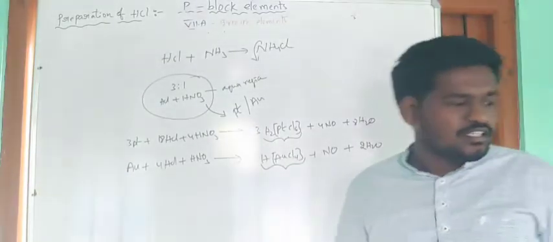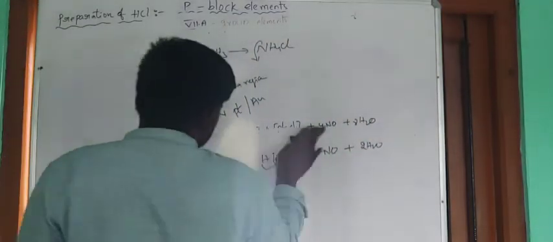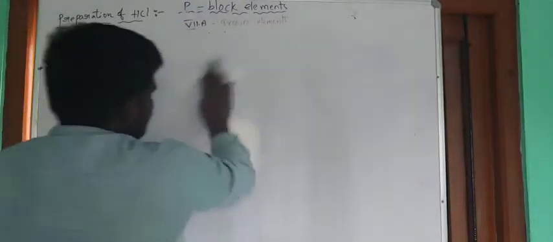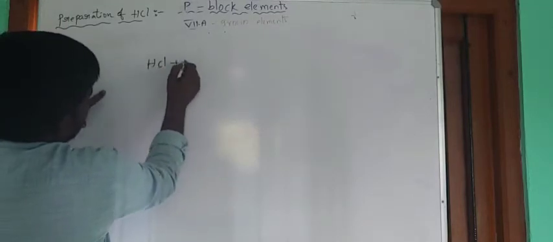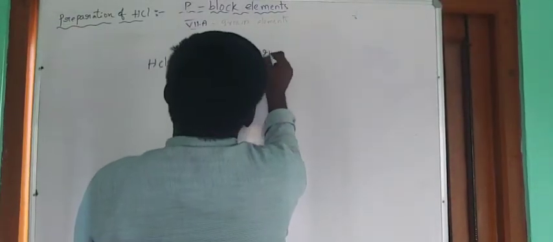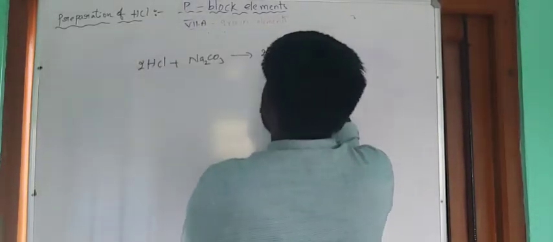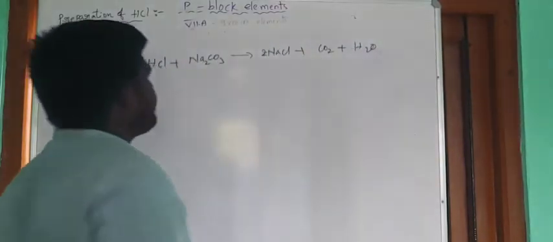You know, most of the salts are soluble in various types of solvents. So right, next one, HCl can react with carbonates, next one sulfides, and gives various types of products. So first let me treat with carbonate. HCl when it is treated with metal carbonate, example Na2CO3, then this can give 2 moles of the salt NaCl, multiply with 2 here, and the next one, this can produce 1 mole of carbon dioxide, and the next one it gives 1 water molecule